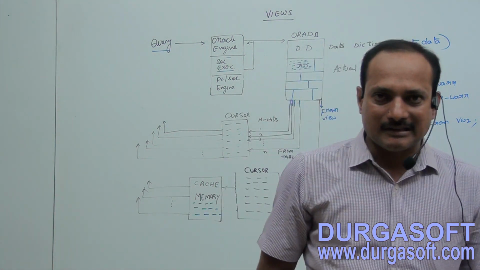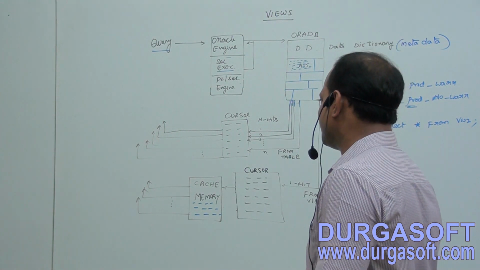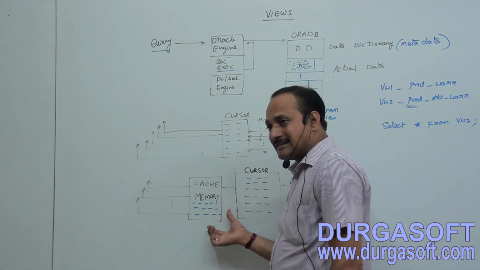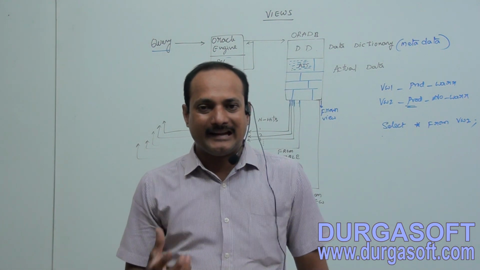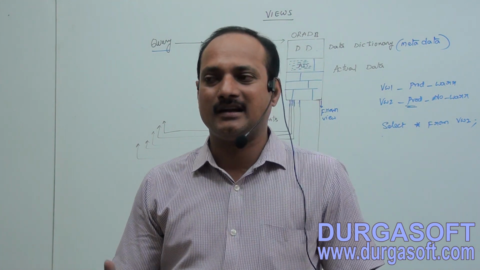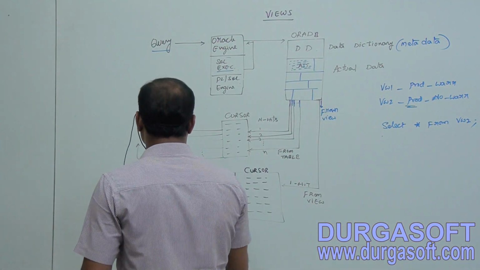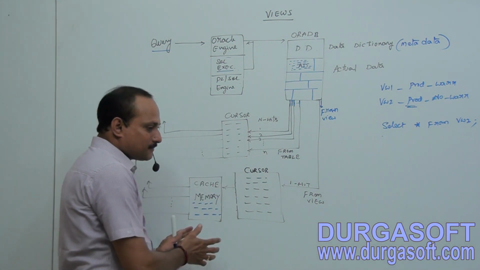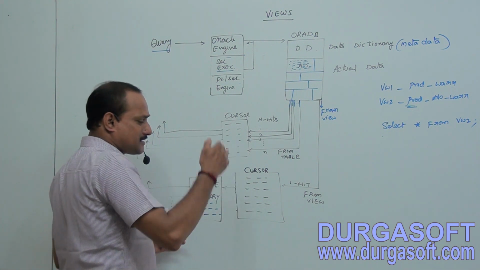What is the additional thing we have to remember? The additional concept is cache memory. Whenever you are selecting data from the view, before displaying the output to the customer or client, the satisfied data is placed inside cache memory. From the cache memory, the client is getting the data. Okay, that's fine. Now see, next time within the same session, within the same login session, the same